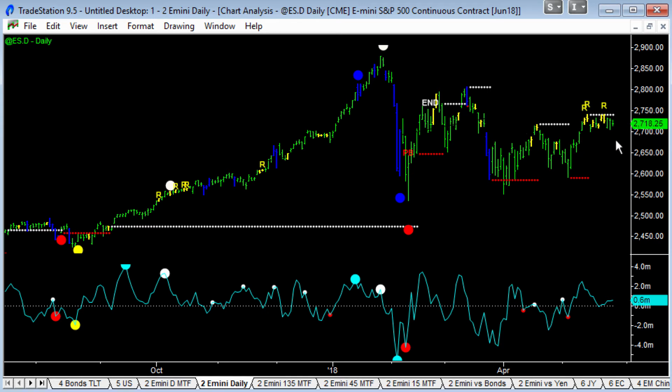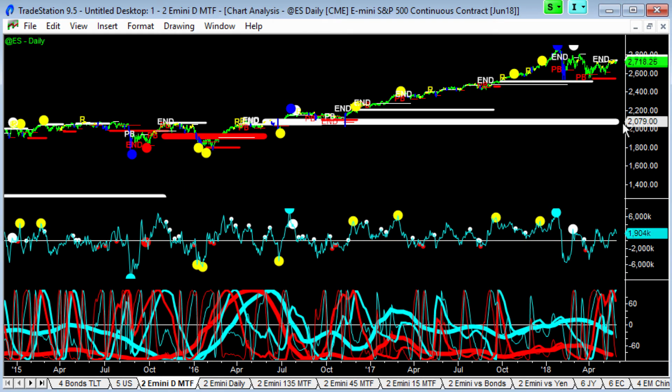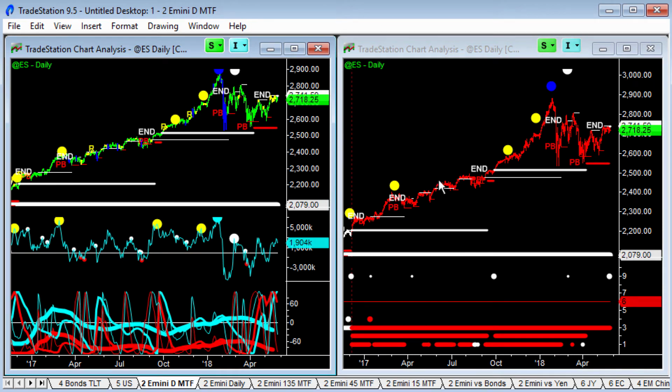But I see a couple of other things confirming that would suggest that maybe we're going to have a little bit of a dip. So let me just roll through the MTF charts on the lowest time frames. You can look at the MTF signals on a daily chart, and the MTF is looking at 3 time frames: low, intermediate, and high, and they're all a factor of 3 different from each other. So we're starting to see these end of trends on the intermediate time frame here on